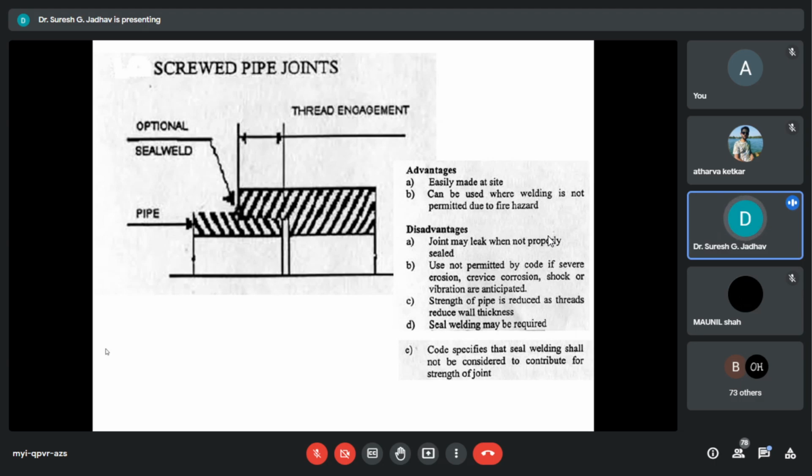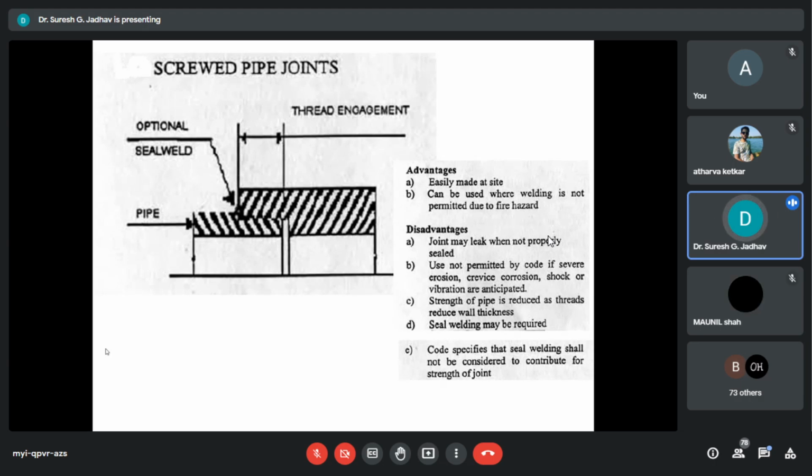If you use screw pipe joints, pipe connections can be easily dismantled. Here, the strength of the pipe is reduced as the thread reduces the wall thickness, and seal welding may be required for these